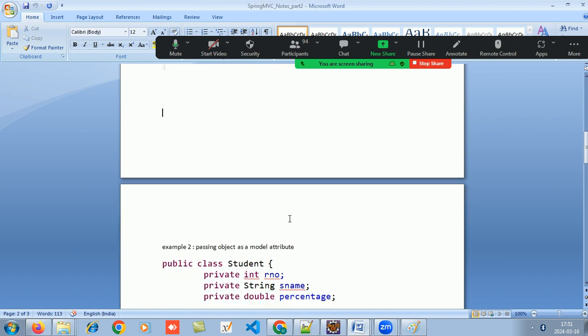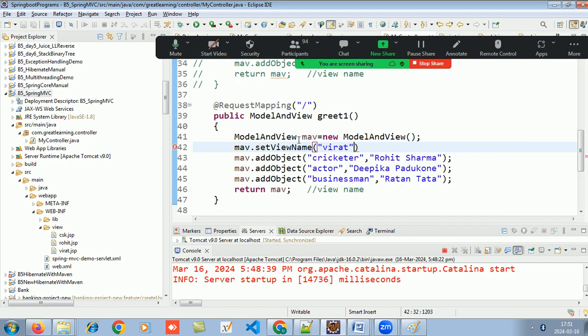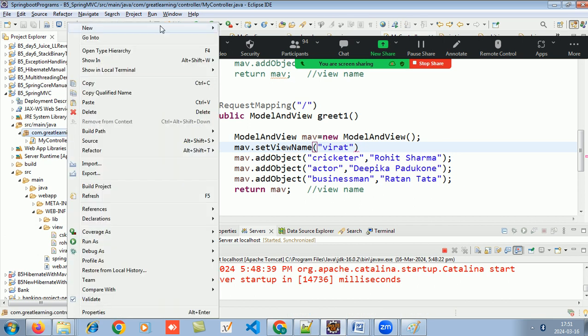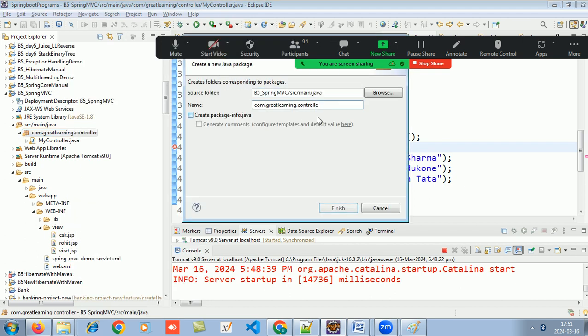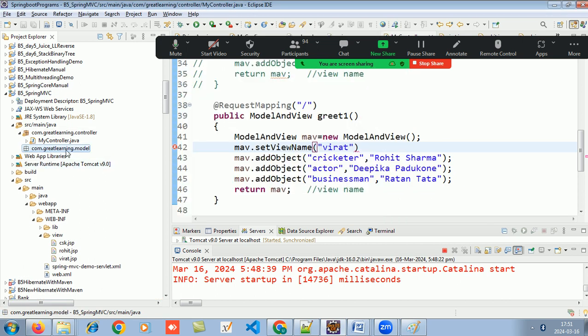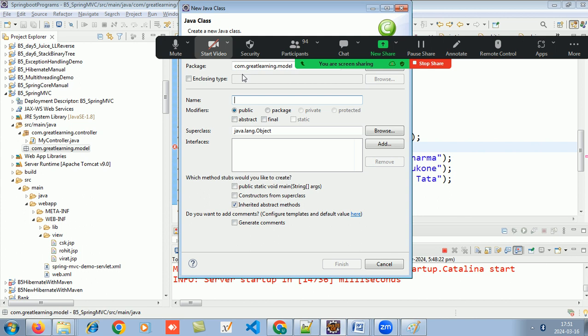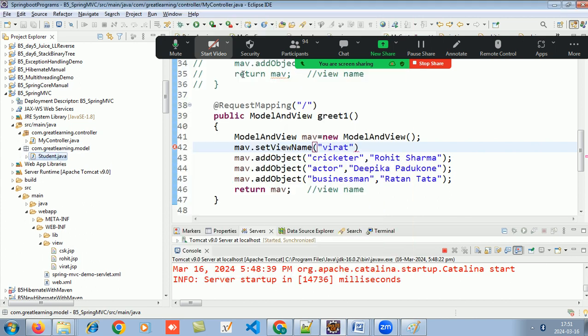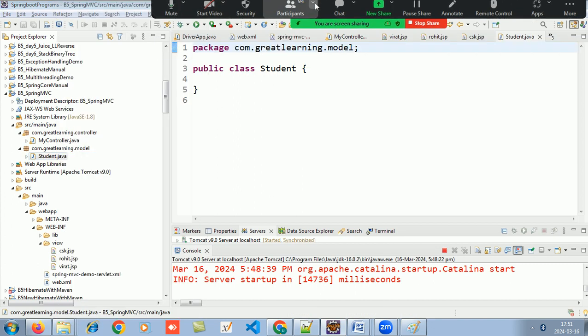Okay, if I want to pass an entire object, very interesting. I want to pass an entire object. Now what to do? Whatever you are going to send is a class, so that class will be a model class. So make a new package, a model package or entity package, whatever suits you. Let's say model. Now in this, make a student class, because now I want to send an object. So I go to Student, and over here let's create a basic student object,